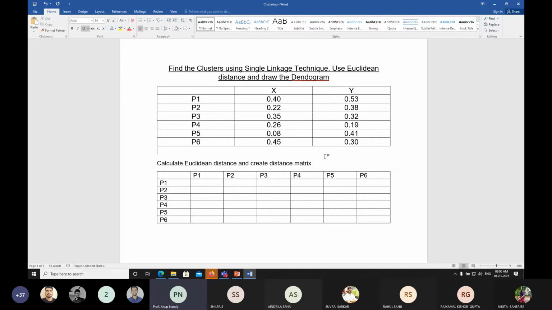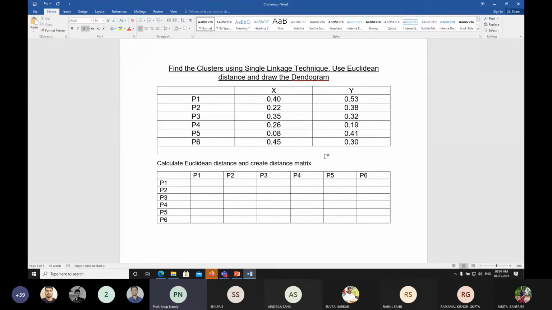Now a cluster at level i is the merger of its child clusters at level i plus 1. So you have to merge them. This is a bottom-up approach. You merge them, and after merging you again form one cluster. Then it keeps continuing till you reach the root node.